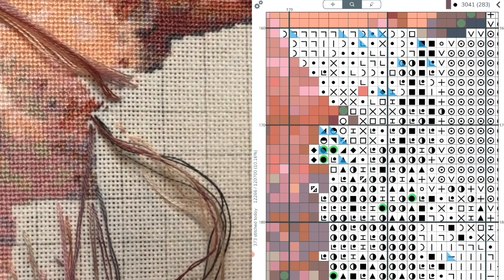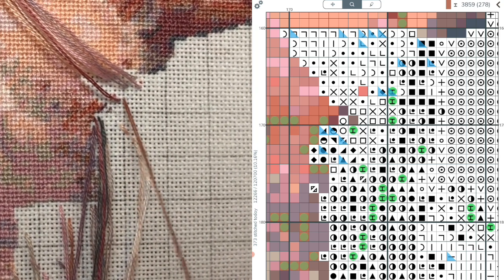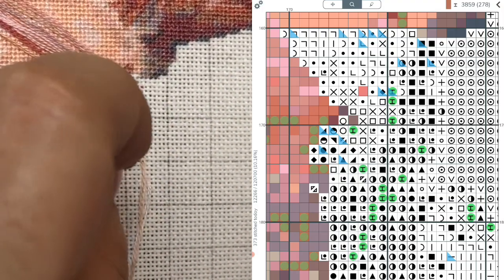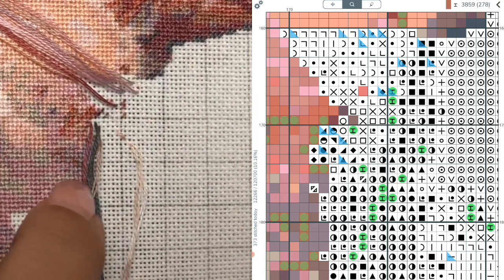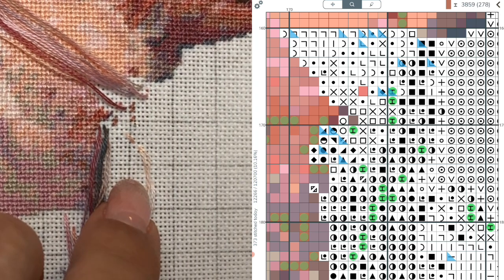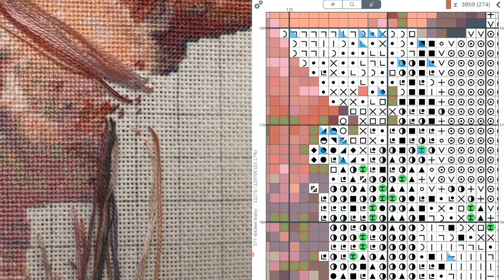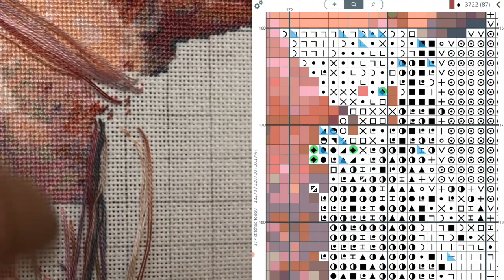Okay, good. So that's the thing I was going to tell you: because I was in a rush, I didn't kit this project, which I usually do. I always have all of my threads ready for each project, but this time I didn't, so I'm searching for all the threads around me from all the different projects, and I'm picking the pieces, 1, 2, 3, 4, 2, 3, from everywhere. So I'm picking my threads from the organizers, from the bobbin cases, from everywhere. So it's a little bit chaotic, but